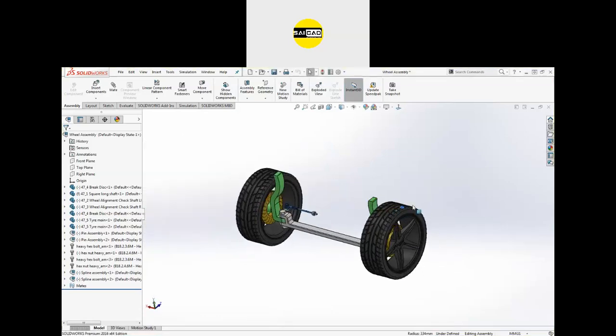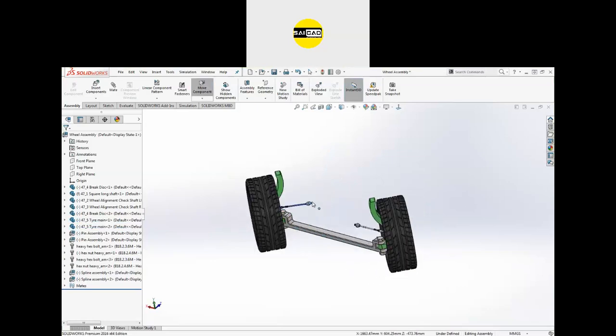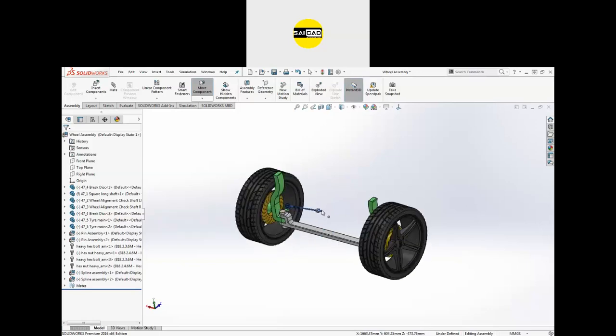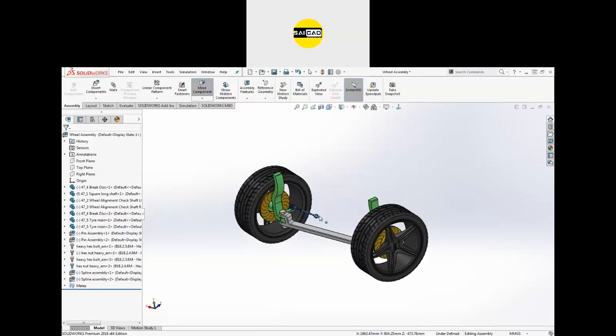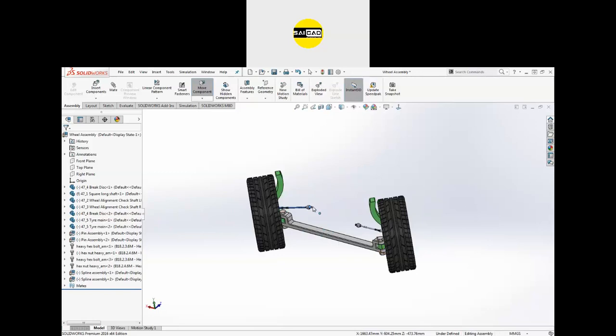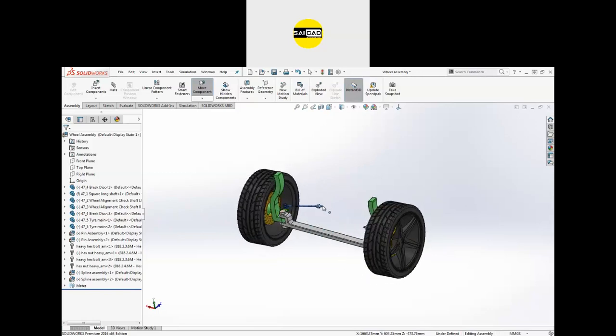You can see you can rotate the object like that separately. You can move the object like that. You can see it can move till now 360 degrees. You have to apply some relation to constrain the motion in 360 degrees. You have to move according to the angle, like 45 degrees on both sides.